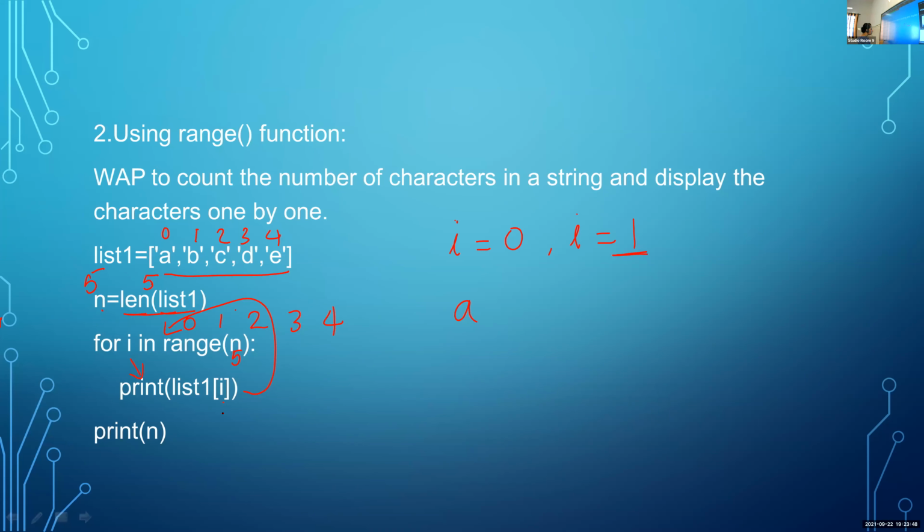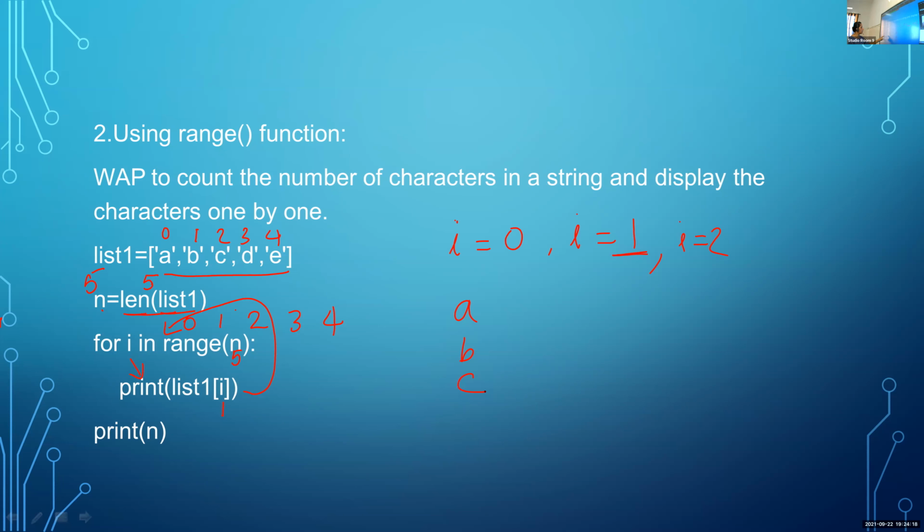So list 1 of 1, what is list 1 of 1? It is B. After that, the I value is 2. 2 is assigned to I. So after that, print list 1 of I means list 1 of 2. What is list 1 of 2? List 1 of 2 means C. Here it is C.